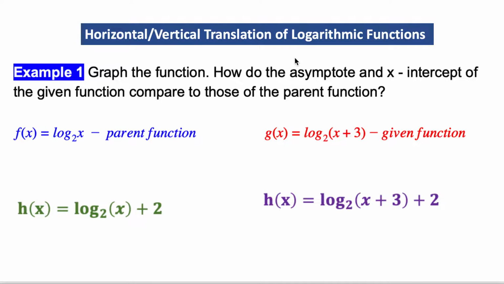Horizontal and vertical translation of logarithmic functions. Here I'm going to briefly explain the transformation, vertically and horizontally, of the logarithmic functions. Graph the function: how do the asymptote and x-intercept of the given function compare to those of the parent